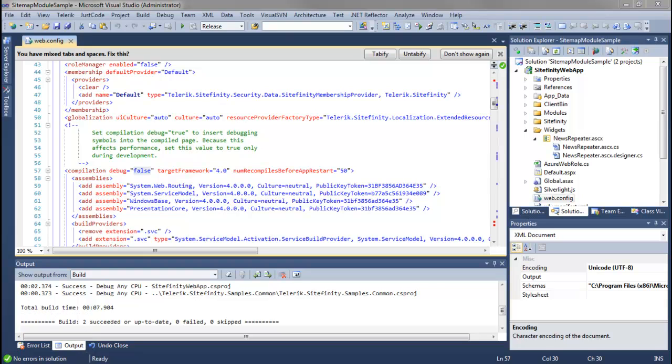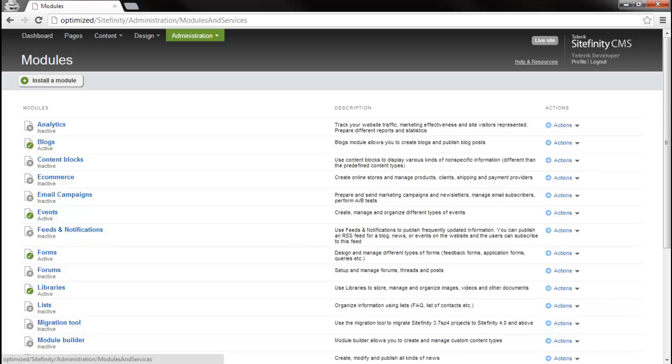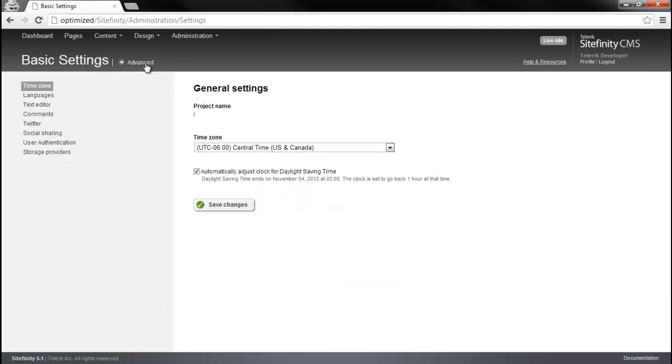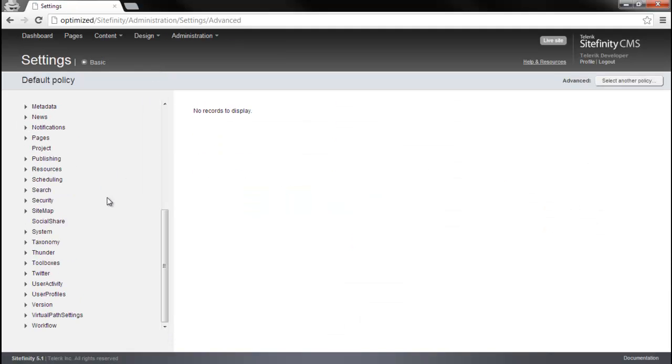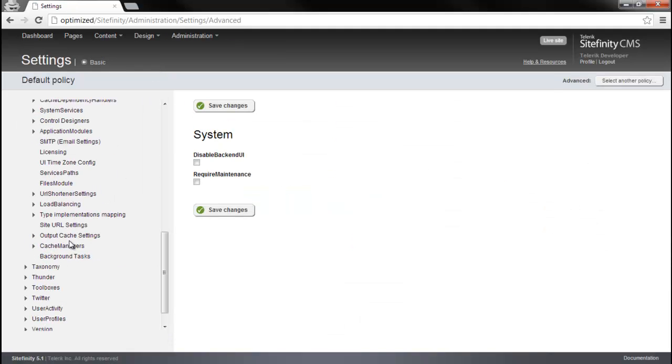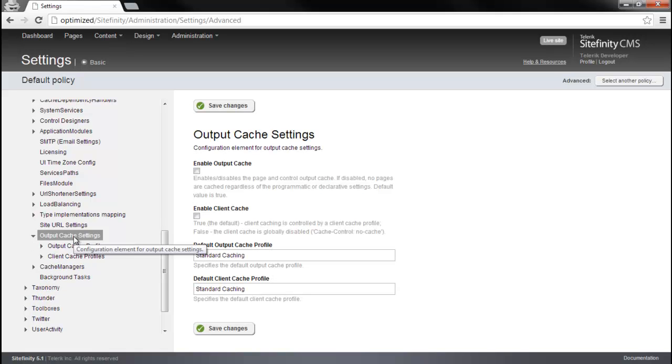You also want to make sure you are taking advantage of Sitefinity's built-in caching options. Sitefinity supports caching at both the server and client side. These are managed from the Sitefinity administration under Settings, Advanced, then System, and finally Output Cache Settings. The output cache refers to the server-side cache, which caches the entire content of each page for the duration specified